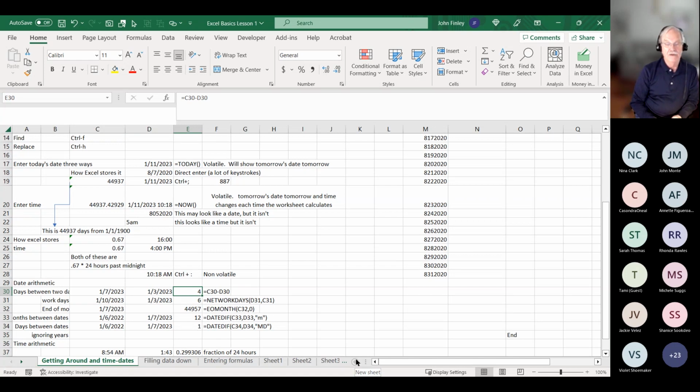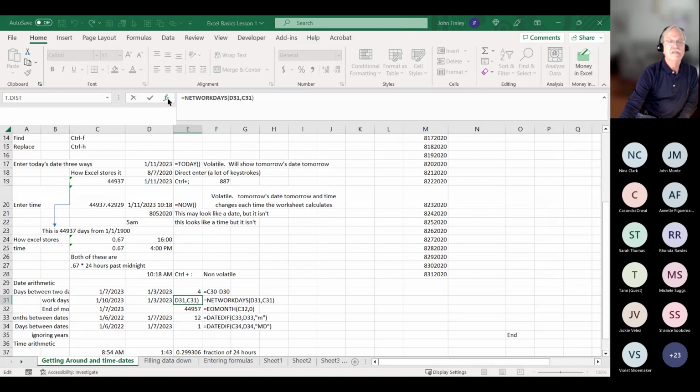Now let's say I want to calculate the work days. Well, Excel has a function for that. It's called NETWORKDAYS. And that will exclude Saturday and Sunday, or whichever days you consider non-work days. You can customize NETWORKDAYS. And here, anytime you want to understand what a formula is doing, we're just going to click on that and hit the FX, and this will show you